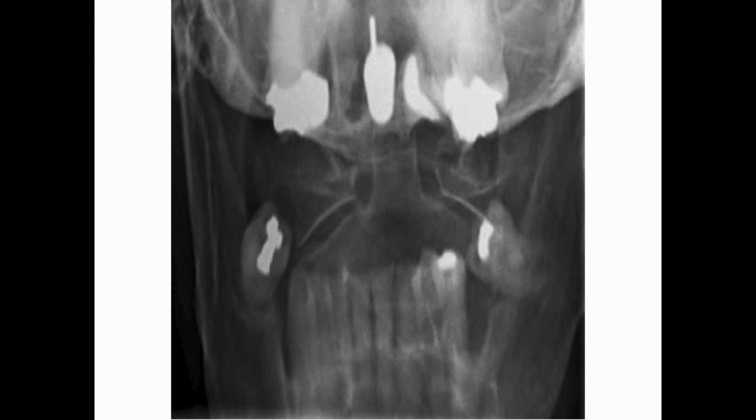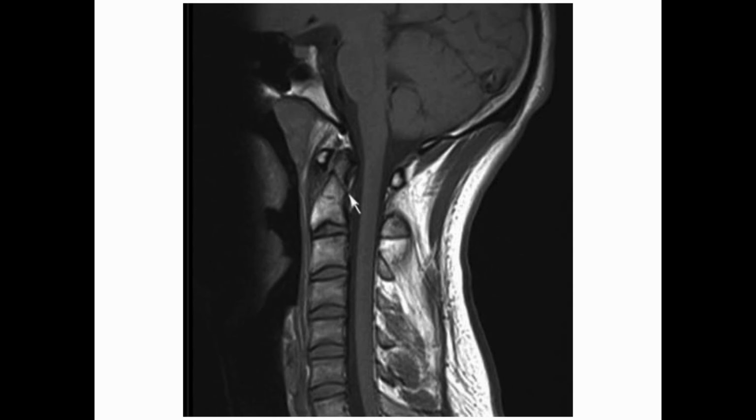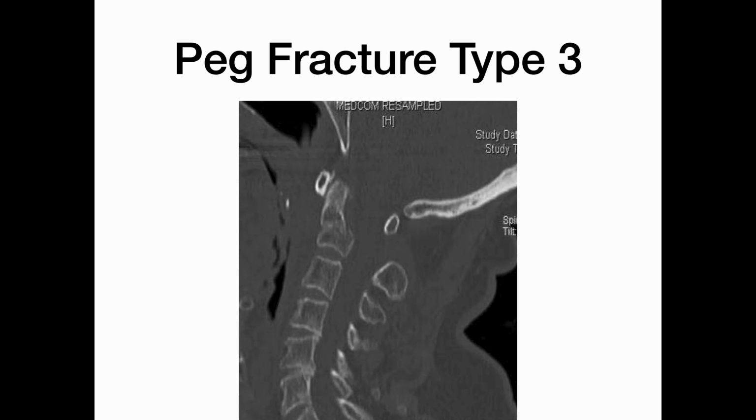Very difficult to actually see the line through the peg. You don't really see it unless you're actually looking for it. But that's, I think, a type 2 peg fracture, and that's how it usually looks on CT. And that's a type 3 peg fracture. You can obviously go and have a look, do your Radiopaedia sessions, and look elsewhere for a full and intimate takedown on C-spine injuries.